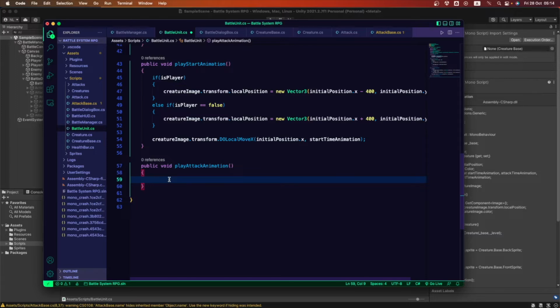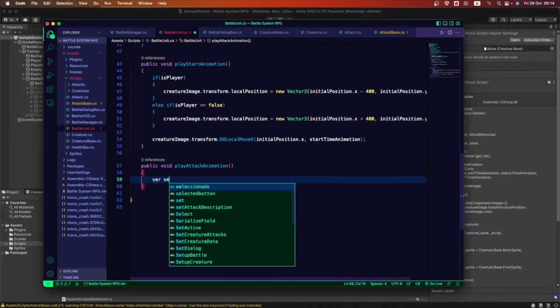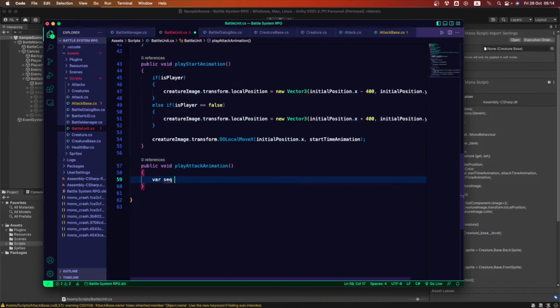Okay, so a sequence is like a box, and we add new sequences to the whole animation. So to do that, we're gonna go here and we're gonna create a variable. This is gonna be called seq, short for sequence.